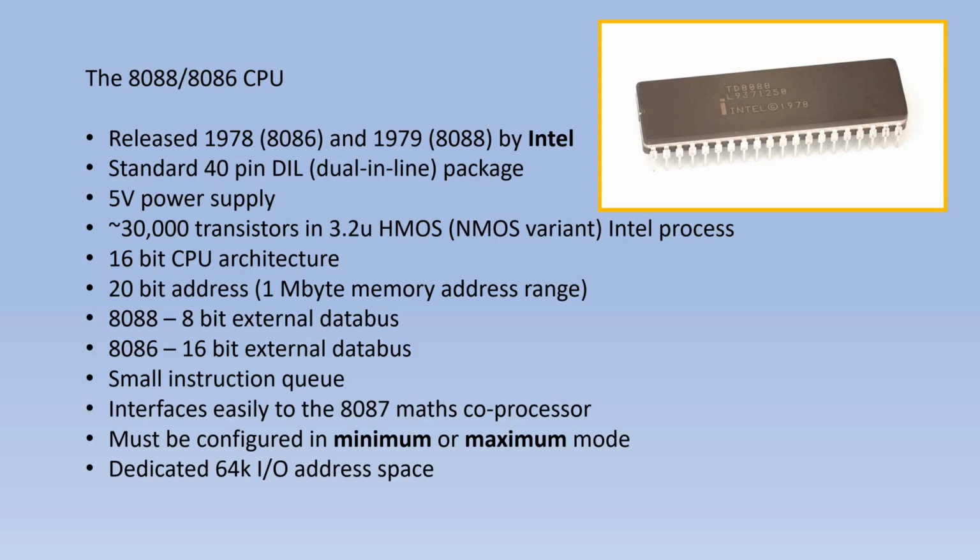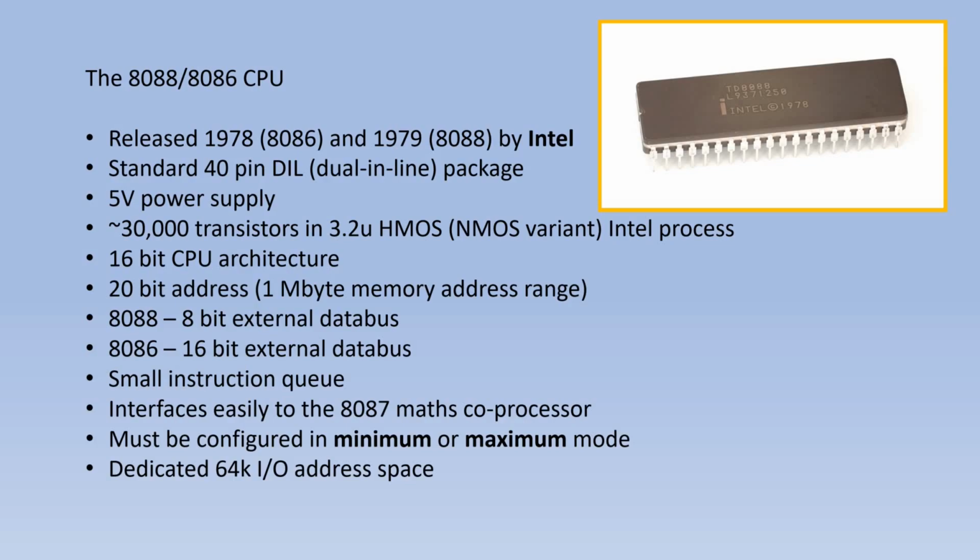It's a 16-bit CPU architecture. It's got a 20-bit address which gives it 1 megabyte of memory address range, and a feature known as segmentation is used to use two 16-bit registers, essentially a base and an offset, to construct a 20-bit address. The 8088 is a version which has an 8-bit external databus, and this was the one chosen for